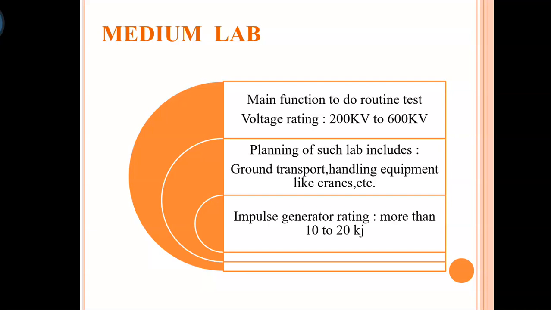Such a laboratory may initially contain a power frequency testing facility in the range of 200 to 600 kV, depending on the rating and the size of the equipment being manufactured and proposed to be tested, such as cables, transformers, etc. But its kVA rating will be much higher. The impulse voltage generator required would have a rating of 20 to 1000 kJ or more. Other test equipment like the impulse current generator for testing surge arrestors and DC test facilities for testing cables and capacitors can also be made available.